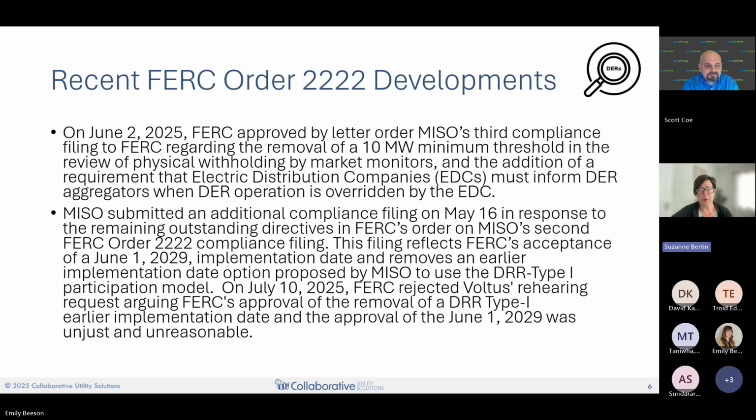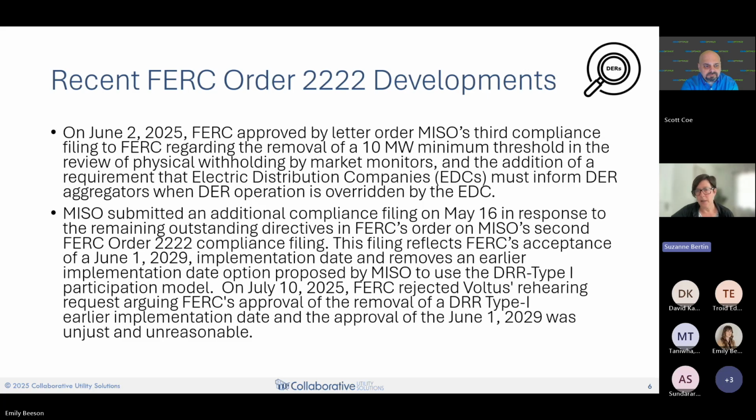FERC approved MISO's third compliance filing regarding the removal of a 10 megawatt minimum threshold in the review of physical withholding by market monitors, and the addition of a requirement that EDCs must inform DER aggregators when DER operation is overridden by the EDC.